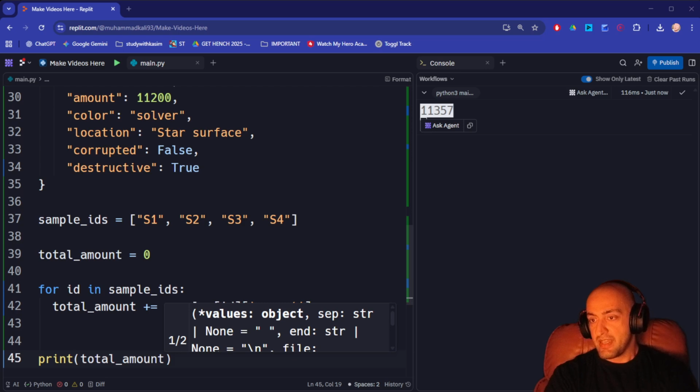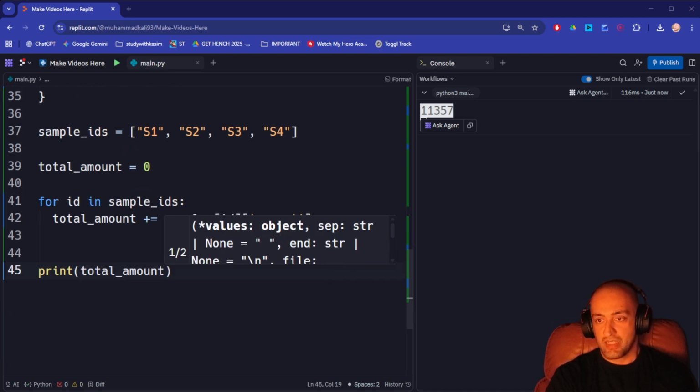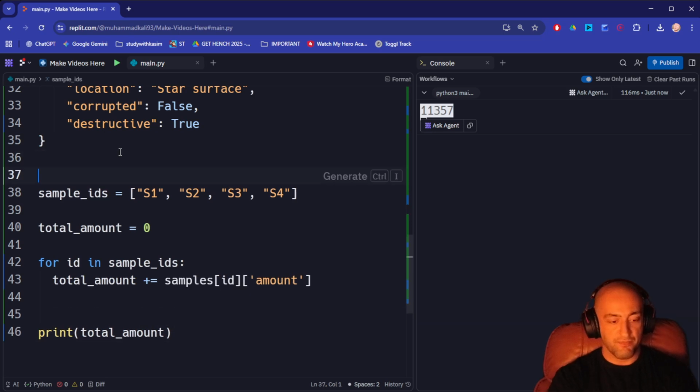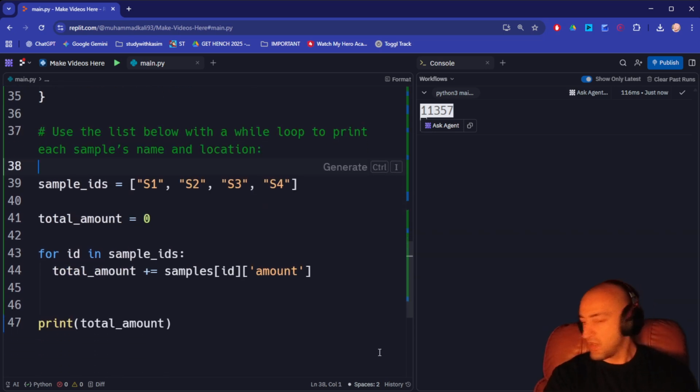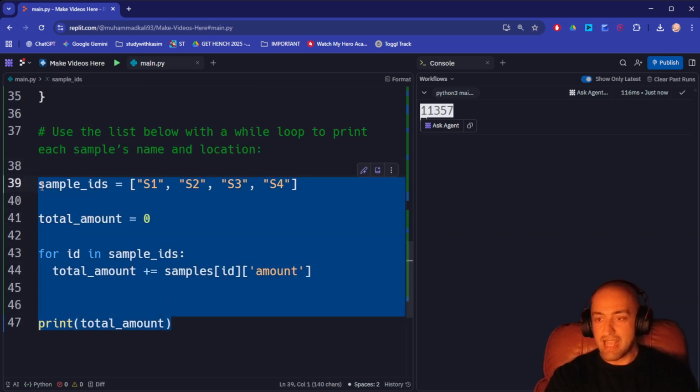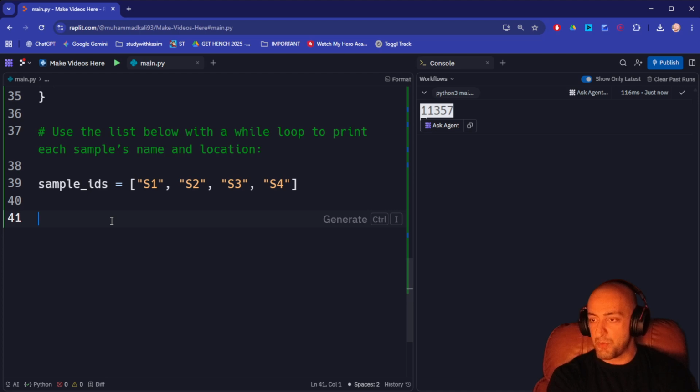Very good. Now use a while loop to print each sample's name and location. Okay. I'm going to write that here just so it's easy to see. Great. Now, leave sample there. So we're going to say a while loop to print each sample's name and location. Okay. While true